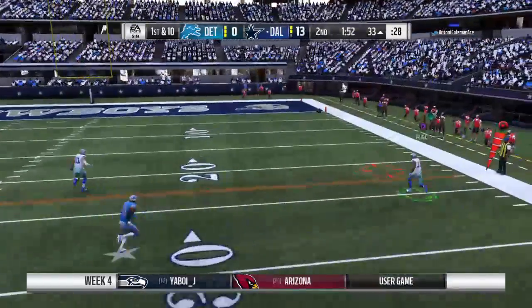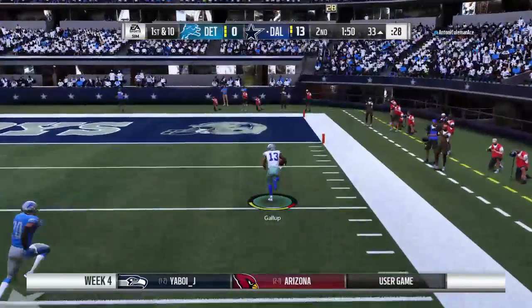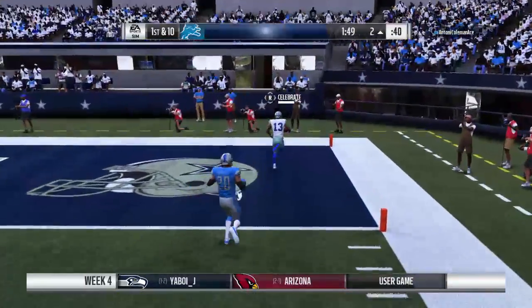Following the interception, here's Prescott finding room to the throw right side, taken in by